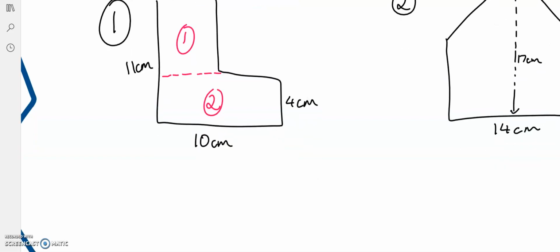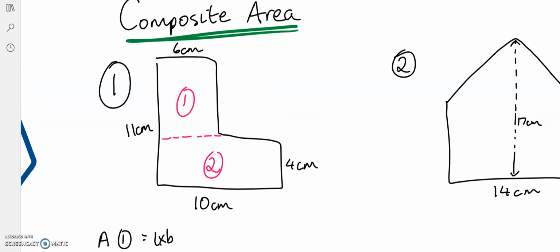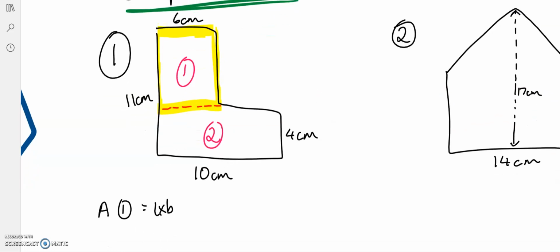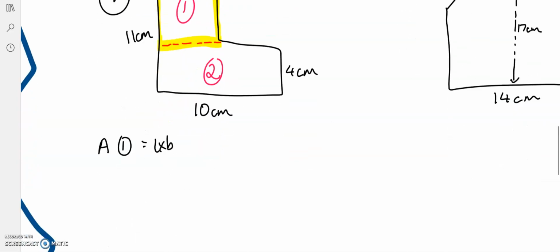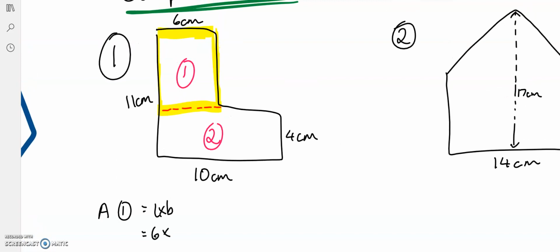If we have a look at area 1, area 1 is a rectangle, so we're going to do length times breadth. I'm going to colour it in here because it's really important we can take out the right information. Okay, that's it in yellow. So the length of it is 6. Hopefully you can see that clearly. The length of it is 6. But the breadth of